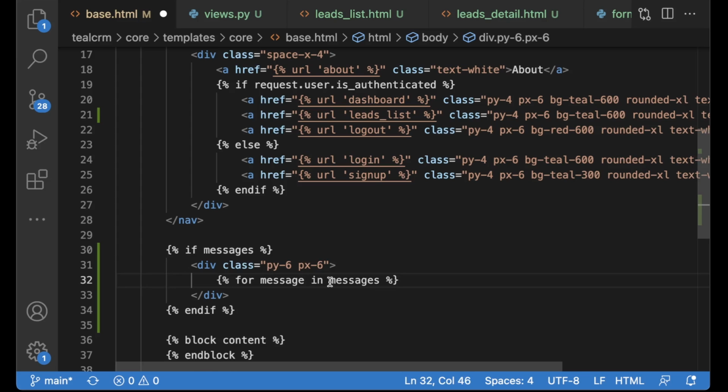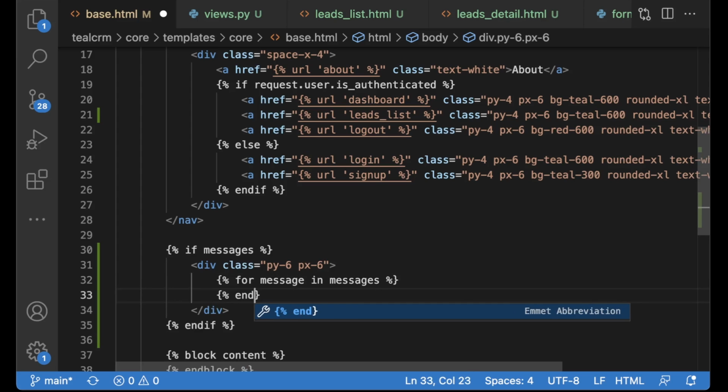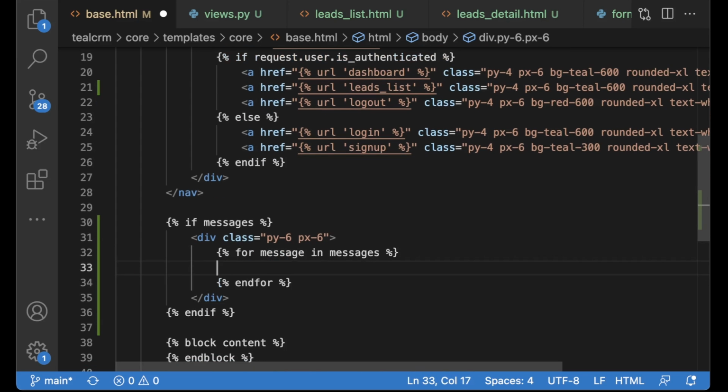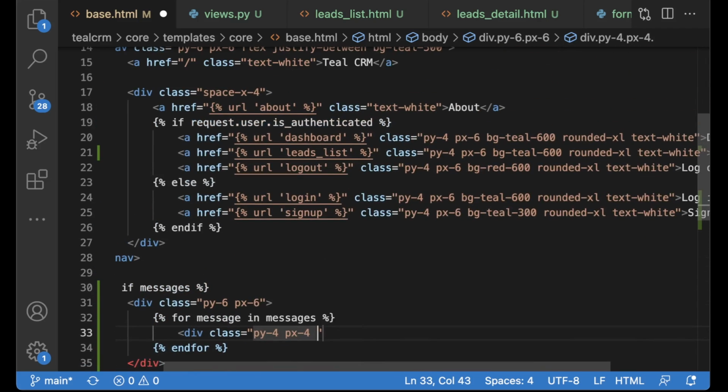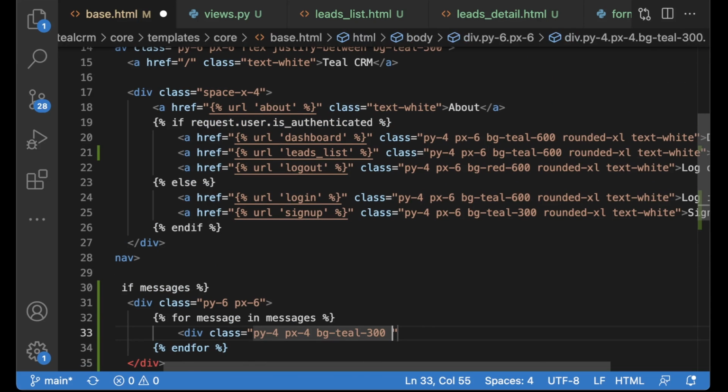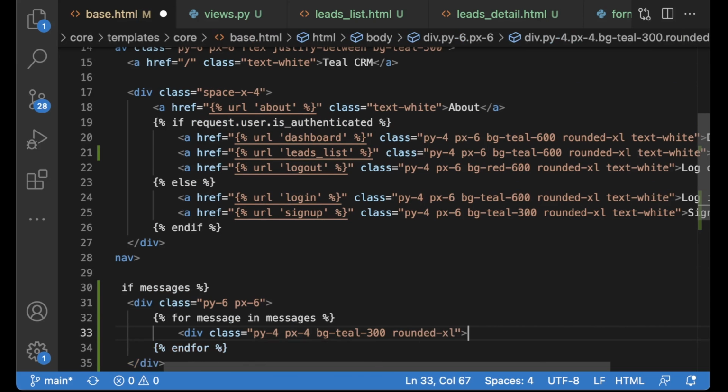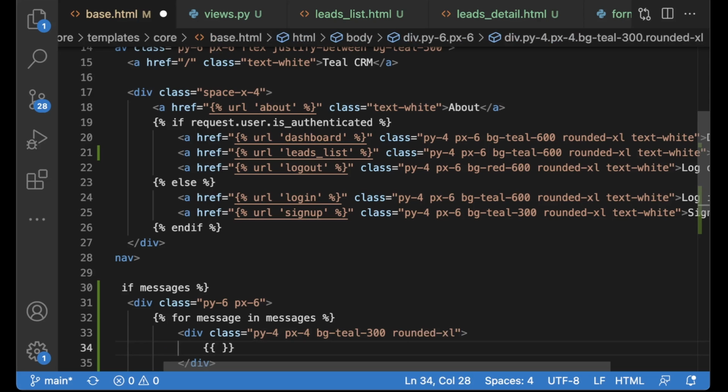So for message in messages, and for each available message we want to show a new div. So div class, I want some space inside this, so py4 and px4, and then a background color of teal, so it's green, bg-teal-300 and rounded-xl. And then in here we just say curly braces message, and Django will show this for us.